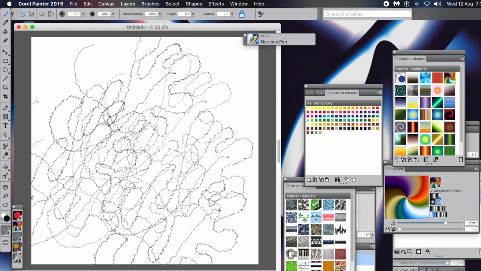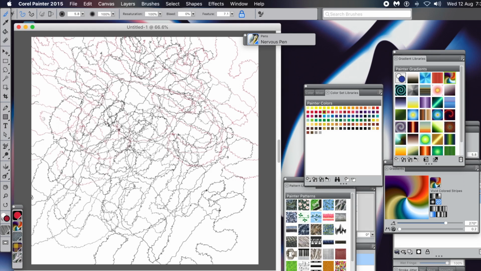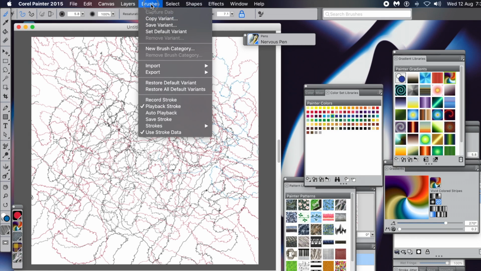But you can of course rotate the canvas and then just apply it again. And of course the angle, it will apply a different angle to the other angles, and you can change the colour as well. But again, that's a very limited way of using the rotate canvas. It's a pity there's no option to rotate the stroke. So you can leave that on. You don't have to leave the playback stroke on, because what I'm going to do now is I'm going to